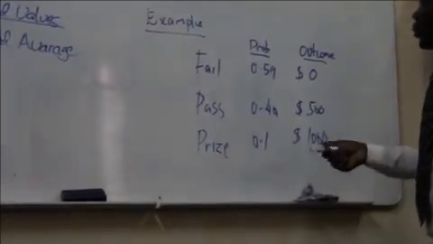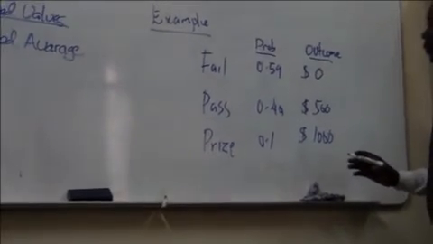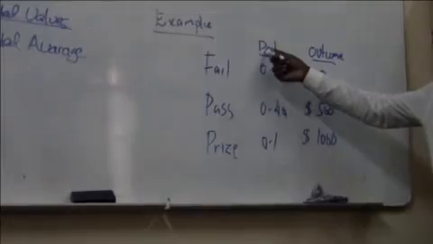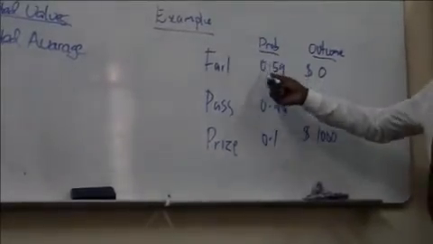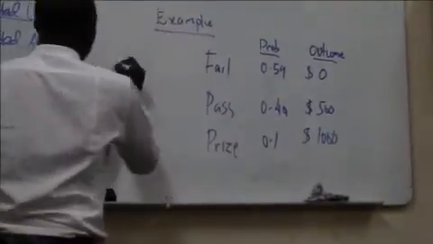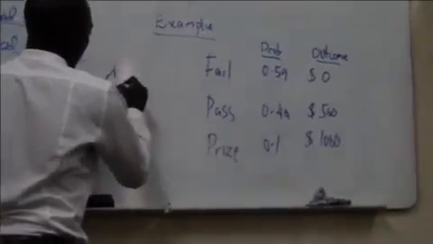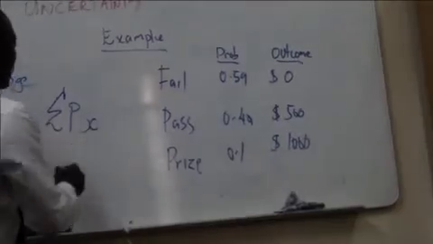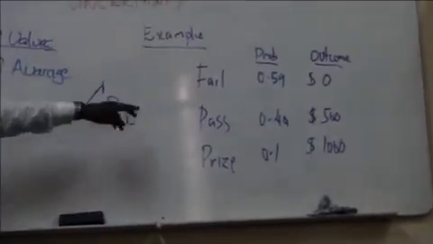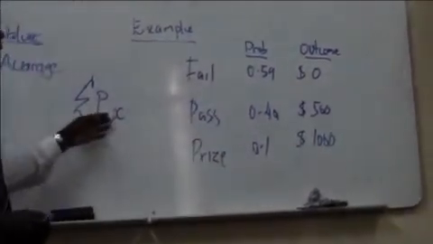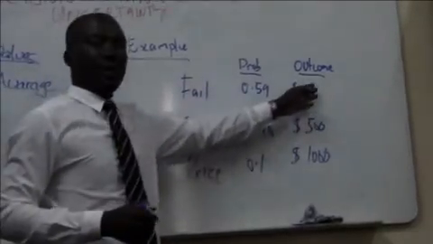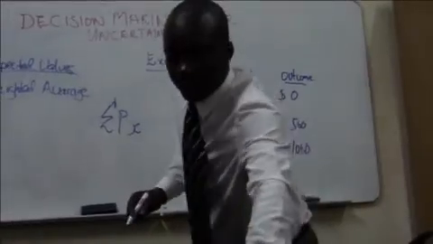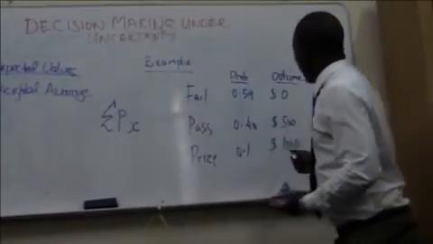So when you're looking at probability, you're simply multiplying the outcome by the probability. This is given by the formula known as summation of P multiplied by X, where P is your probability over here, and X is the value of the outcome, which is the money over here. Therefore, if I could just grab my calculator over here, if you multiply